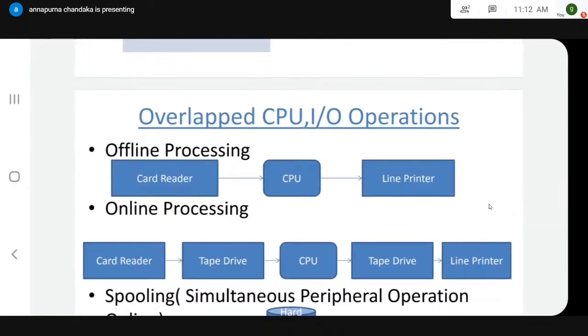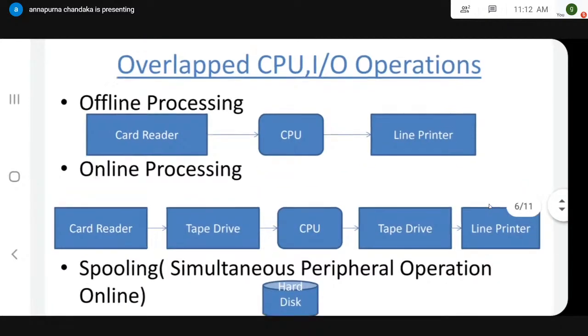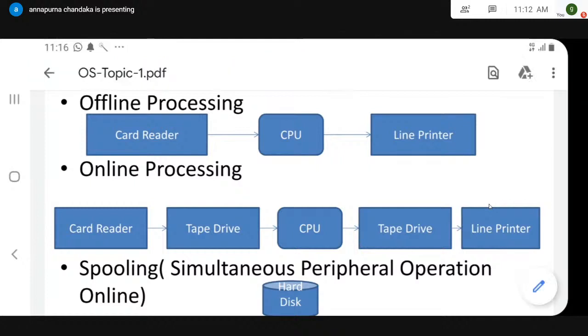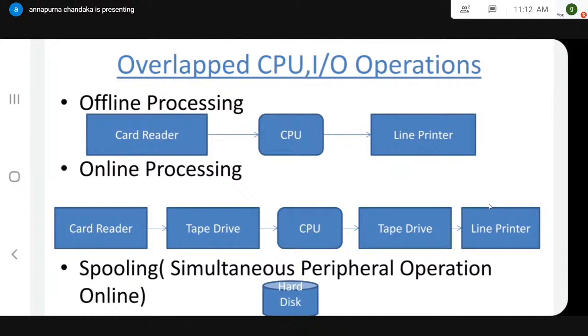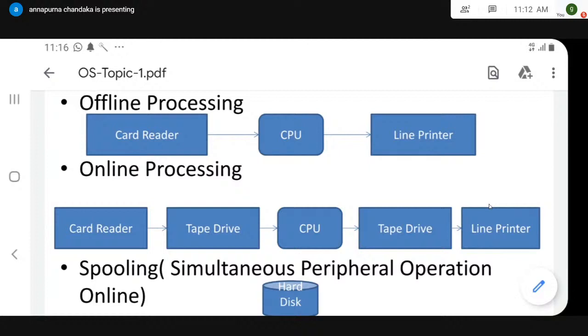The people are thinking that the CPU has the capability of executing millions of instructions in a small fraction of a second. But due to the input and output operations, due to loading and unloading the tape, the CPU has been sitting idle most of the time. Now we need to invent devices that can supply millions of instructions to the CPU.